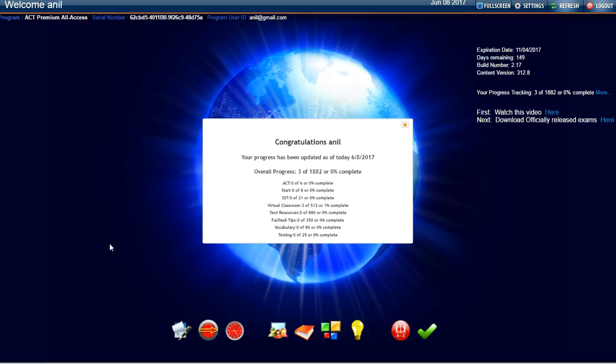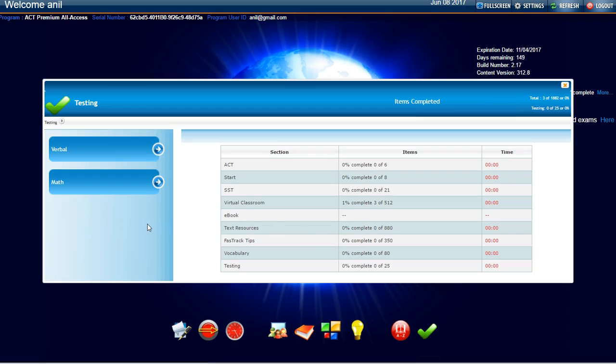Here you see the program's main home page, and along the bottom are the navigation icons. The one on the right end, this one right here, the green check mark, is the testing center. If you open it, it will give you access to all of the tests and quizzes that are in the program. This video is about the Math 60 Real Question Test, so click the Math link, that's this one here,